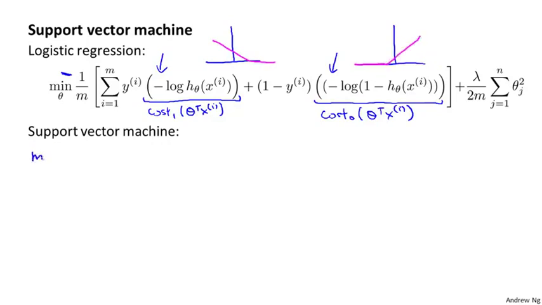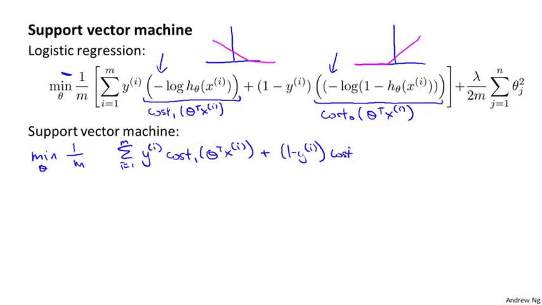So what we have for the support vector machine is a minimization problem of 1 over m, sum over my training examples of y^i times cost 1 of theta transpose x^i plus 1 minus y^i times cost 0 of theta transpose x^i, and then plus my usual regularization parameter term,